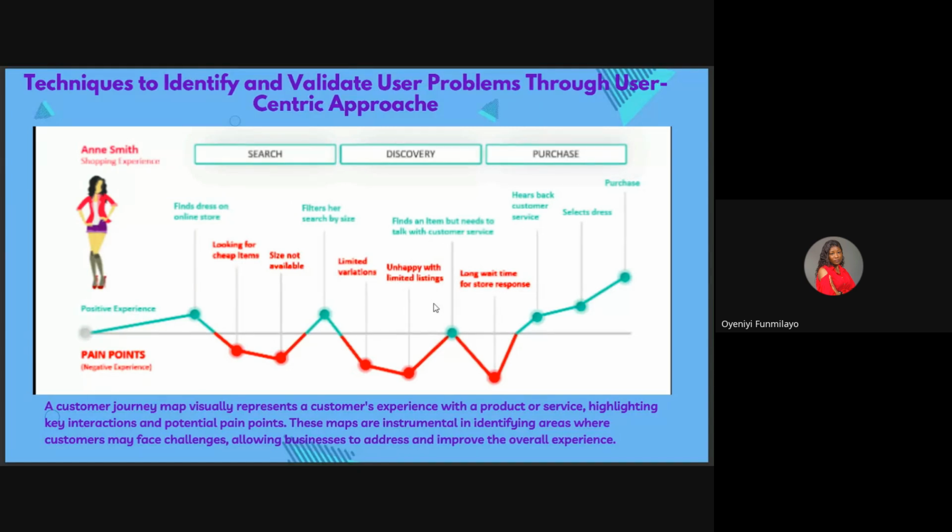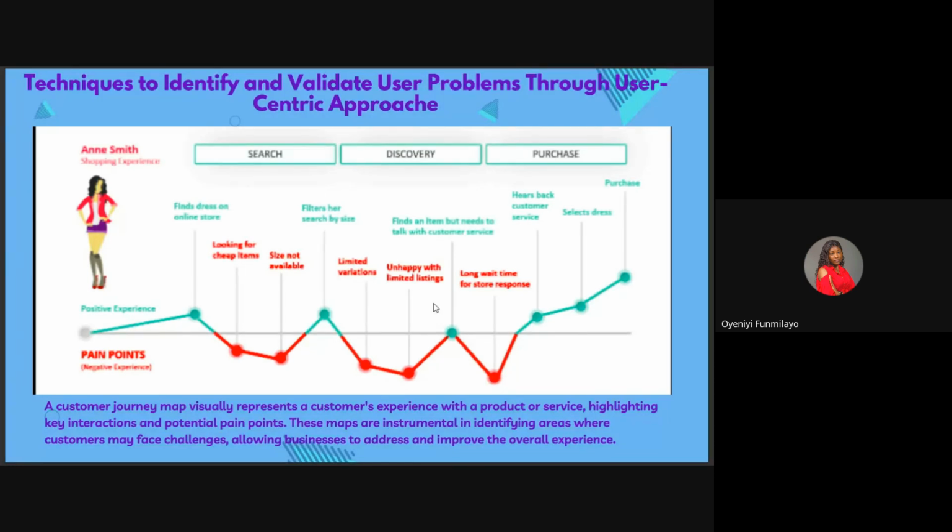And remember, the only degree of product management is what? Product usage. If people are not using your product as a product manager, I'm sorry, you have failed. You have failed because that's the only thing that, maybe you want to apply for a job or something, you need to tell them your impact in that product. So you need to consider and look into all of this negative experience, that's pain points of your users, and address them. Let me give you an instance.